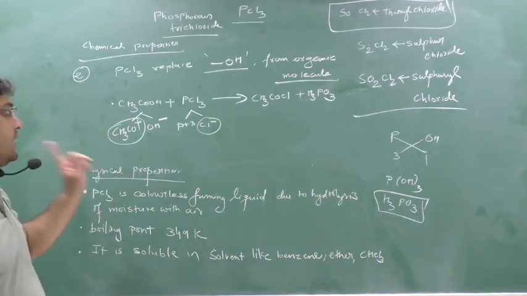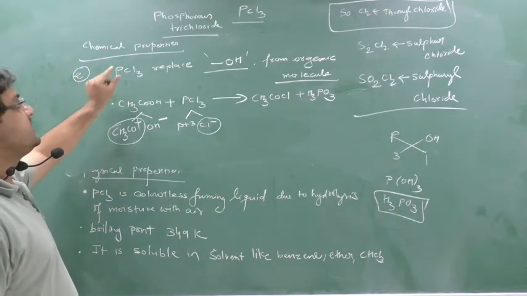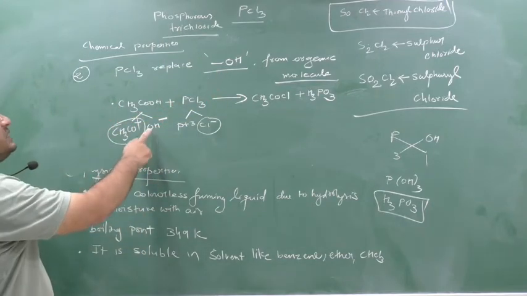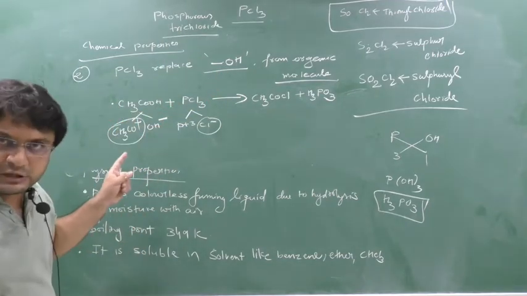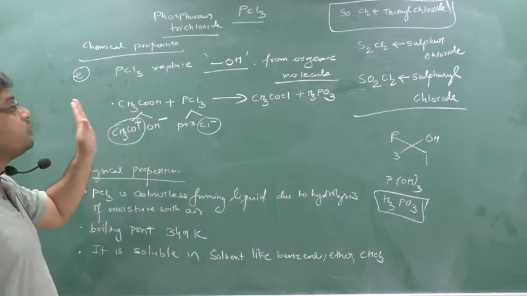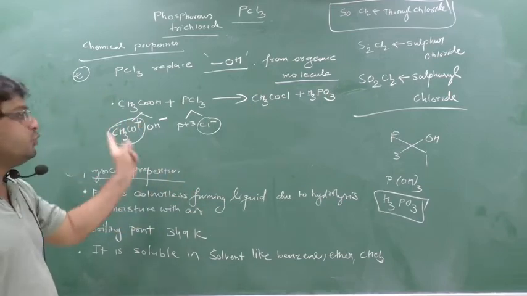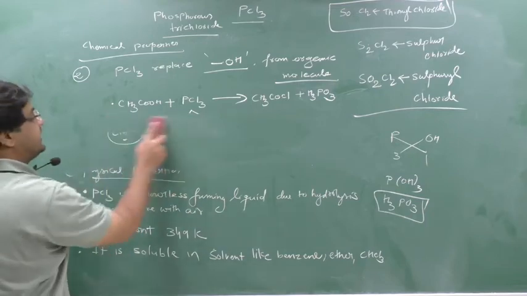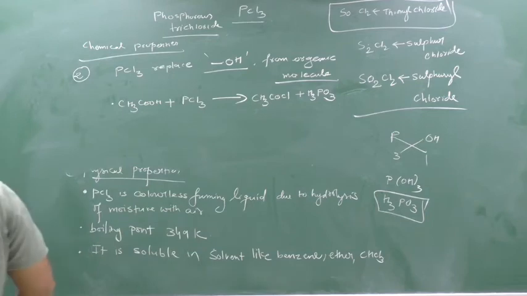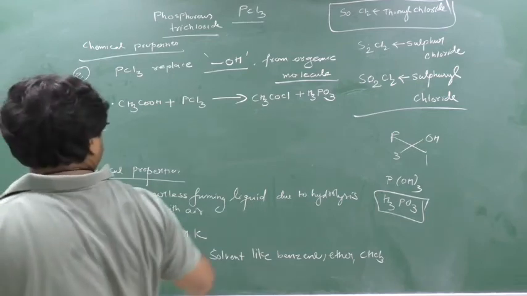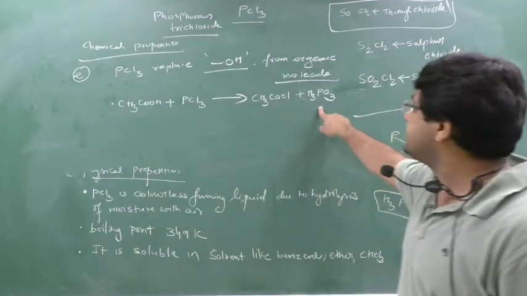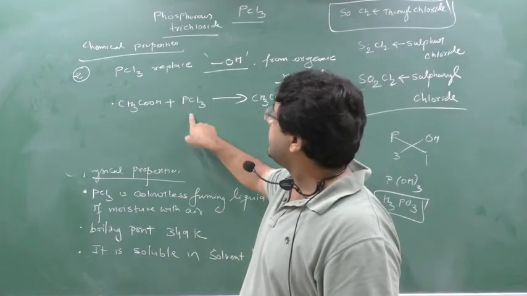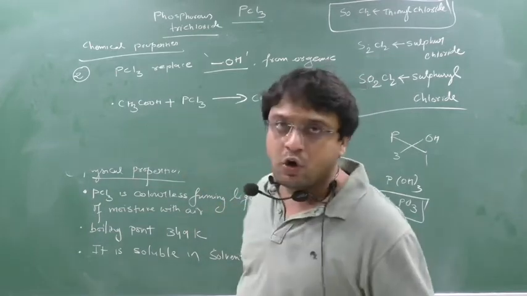See here, once more I repeat, please remember that PCl3 will replace OH from an organic molecule. Now see, I am cracking this OH minus, meaning I am proving this is a base. Is this a base? No, this is acetic acid. But to get the correct answer, I am doing this. Clear this part? After writing the correct answer, you can rough it out. You can check in your textbook that whenever CH3COOH reacts with PCl3, it produces CH3COCl and H3PO3. So it is clear that PCl3, whenever reacted with an organic molecule, replaces OH.